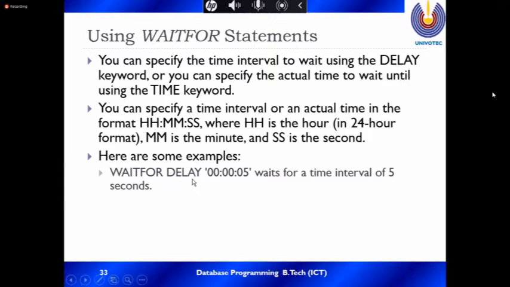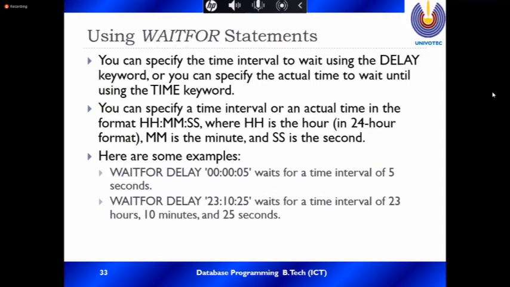If you use WAITFOR TIME, then you mention the time in 24-hour format. If it is 9:24 and you want to execute at 9:25, use TIME. With WAITFOR DELAY, it will wait for the interval of 23 hours, 10 minutes, 25 seconds.